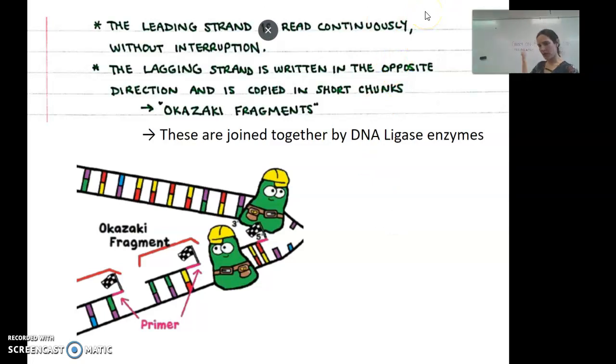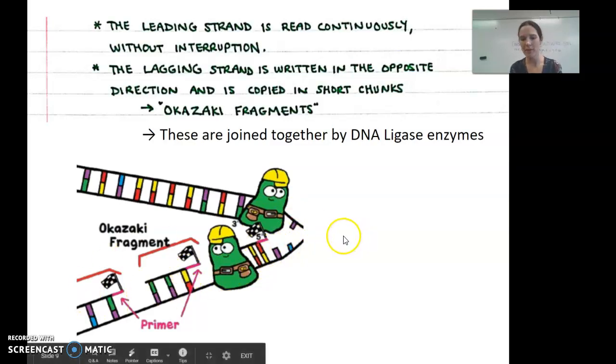As I showed right behind me here, the leading strand is read continuously, super easy. The lagging strand is written in the opposite direction in these short little chunks. So on my image down here, this would be the leading strand. Easy, keys just gotta go in one direction, everything's fine. The lagging strand is backwards. You're copying in little pieces, you run into stuff you've already done, then you gotta jump back, find another piece,